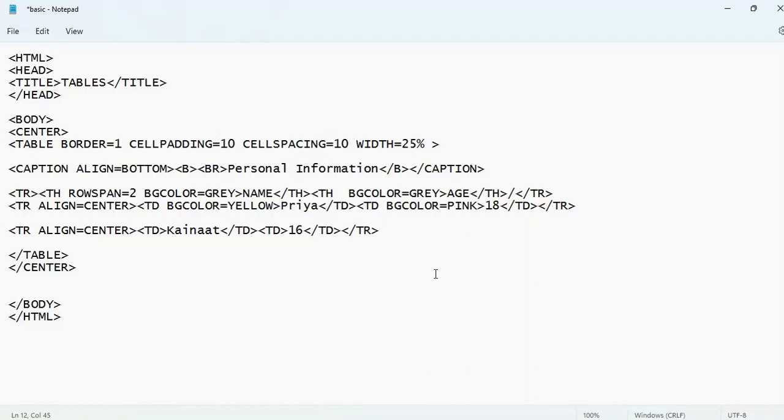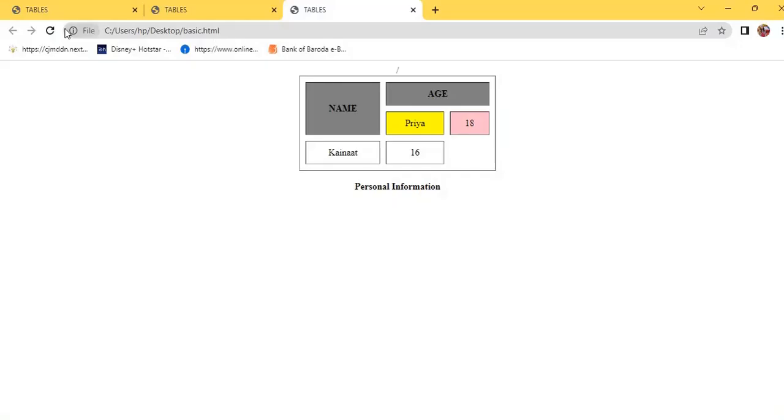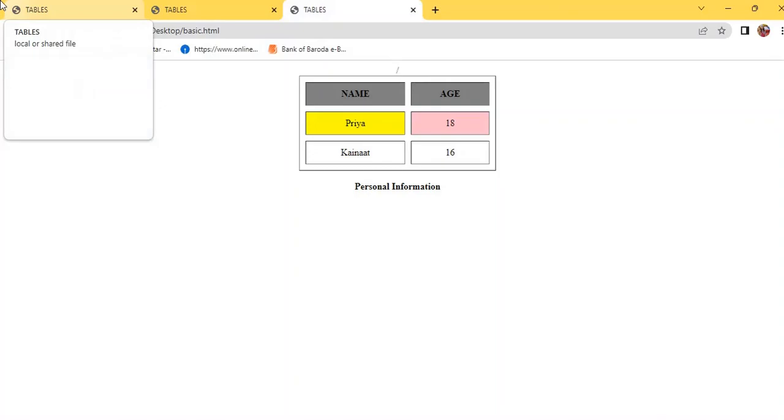If I delete this col span and row span, it again gets back to normal. That means it will again occupy the normal conventional space. One cell will occupy the space of only one row and one column otherwise, unless specifically specified with row span or col span, right? So this is how you can